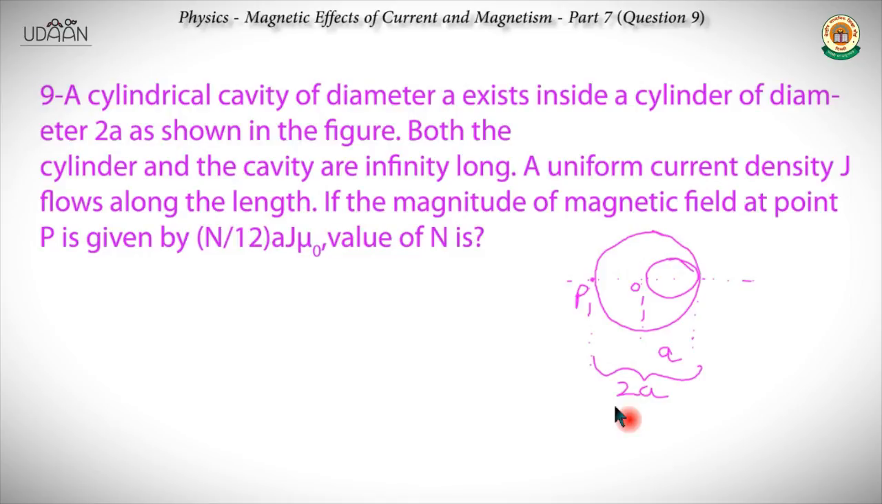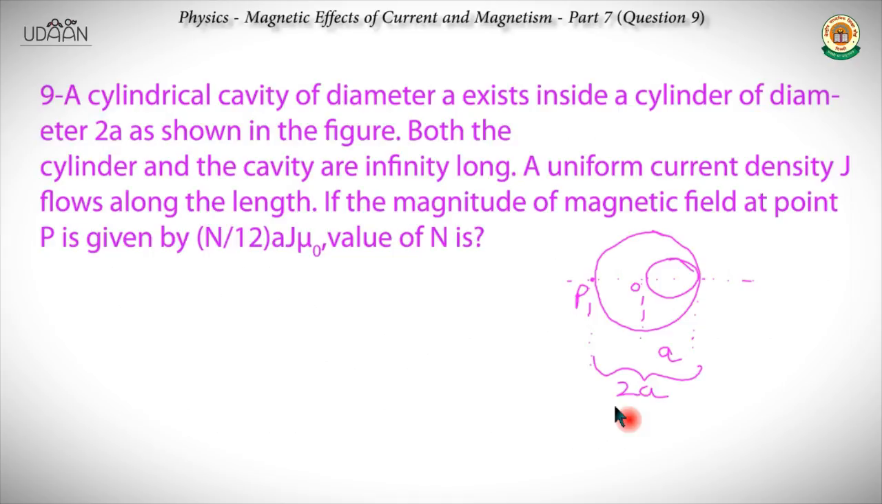Moving on with question number 9. A cylindrical cavity of diameter A exists inside a cylinder of diameter 2A as shown in the figure. Both the cylinder and the cavity are infinitely long. A uniform current density J flows along the length of the cylinder. If the magnitude of magnetic field at point P is given by n upon 12 AJ mu naught, find